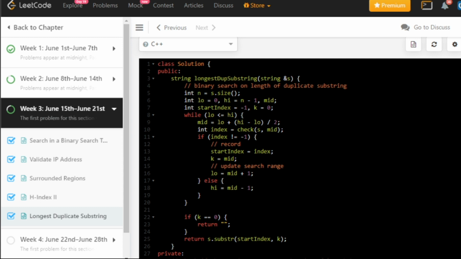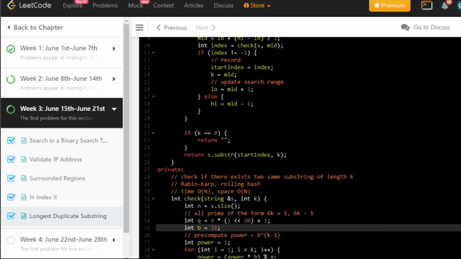The check function is our algorithm which checks any possible matches. Then we check if the index is equal to minus 1 or not. If it is minus 1, there is no match, so we will move to the smaller range below mid. But if there is a match, then we will move to the upper range. And finally, if k is 0, we return the empty string, and if k is not 0, we return our substring.